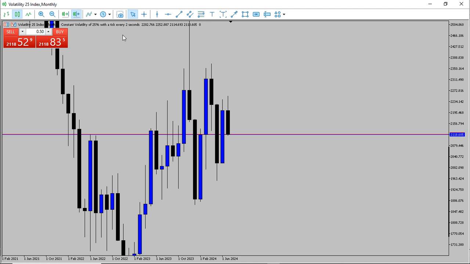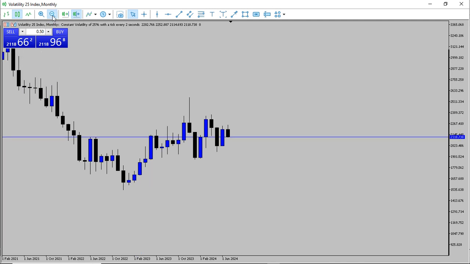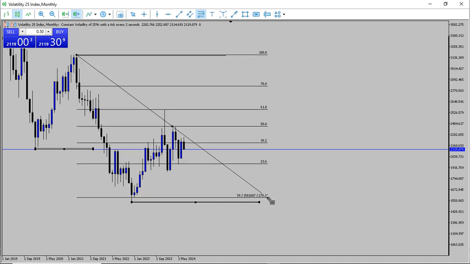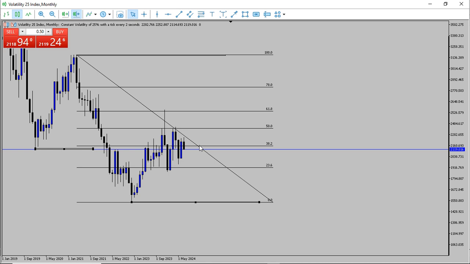So this is the monthly time frame. The monthly time frame, as you can see, is a strong bearish market, and you can clearly see that right here. We have the swing low right here, and we have the swing high right here. After that, we have the swing low right here. Now when we take a Fibonacci to take the range right there and mark out the equilibrium, boom, we can see that price